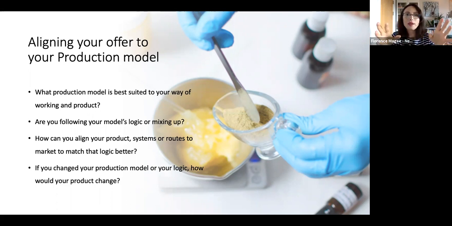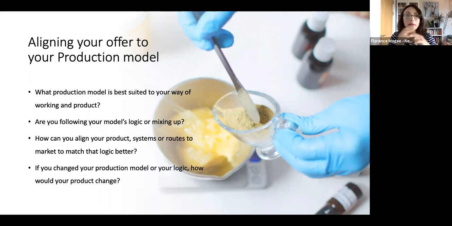And making sure that whatever you do, you keep the model and the logic aligned. And there is, as I said, a sliding scale from the first and the second model, where you often have, let's say, more than a unique object production, but not enough to really do volume. So where do you sit best? How do you align all your business systems, including your distribution, how you create your products, your costings, your communications, to that logic? How does it influence what you do, from creating the product to talking to people?